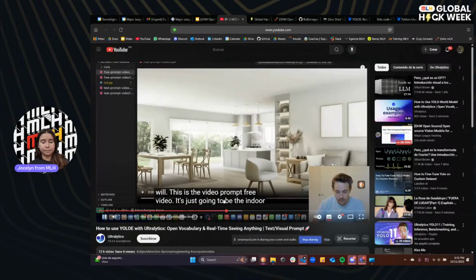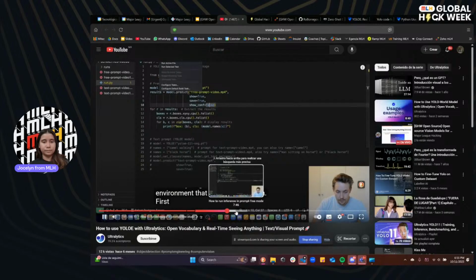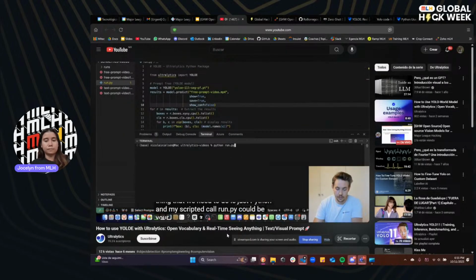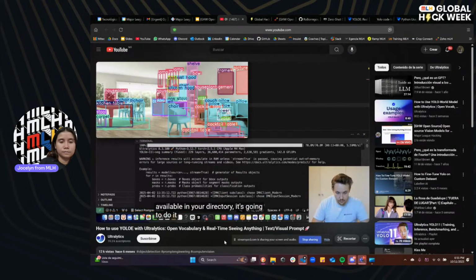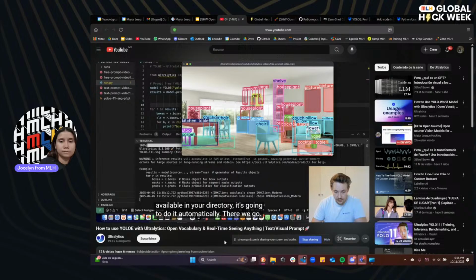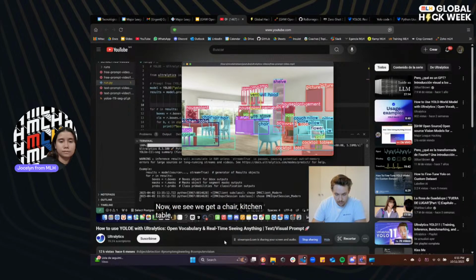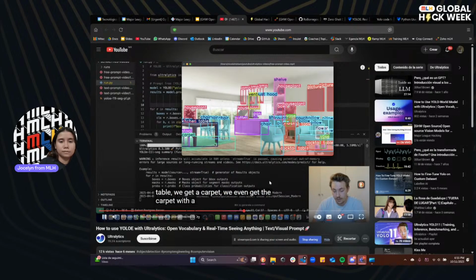It's going to be the indoor environment that we pass it through first. The runtime could be your project or your own script. We point it at the directory, and it's going to do it automatically. There we go. Now we see we get a chair, kitchen table, we get a carpet, we even get the carpet with a very nice